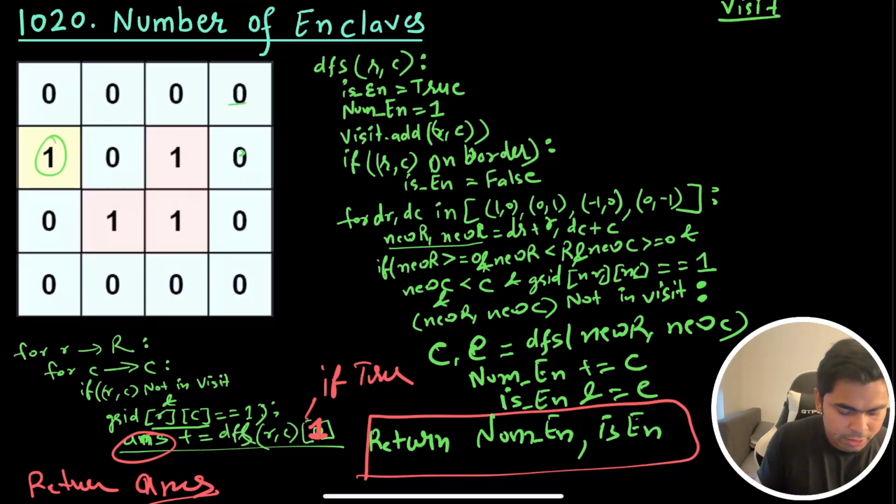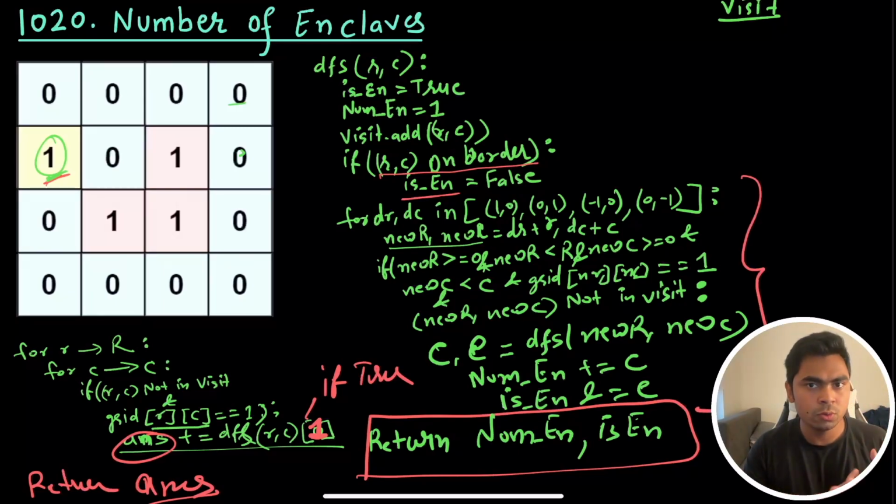Num enclave is initially 1, because your DFS was called on one of the grid's 1 pieces of land that you saw. But then you check if it is on the border. Yes, this particular thing was on the border, so you make this false, and so this will not ever be added into your answer. However, you will still go through all these steps just to mark